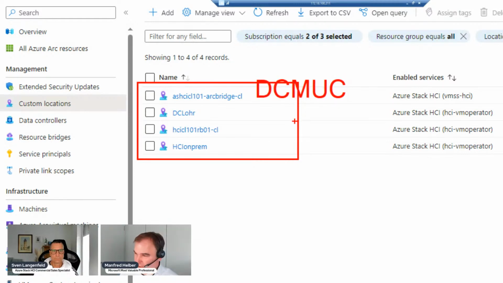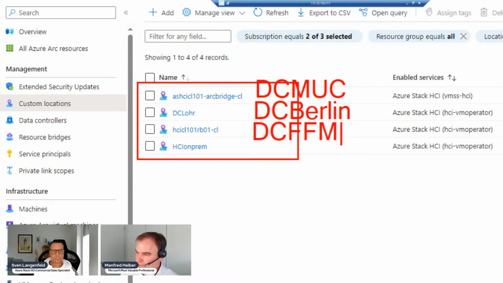The second one is, for example, data center Berlin, and we have a data center Frankfurt, and things like this. So this is how you would think about custom locations.